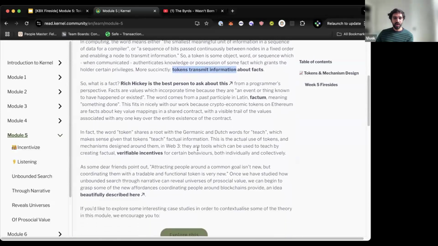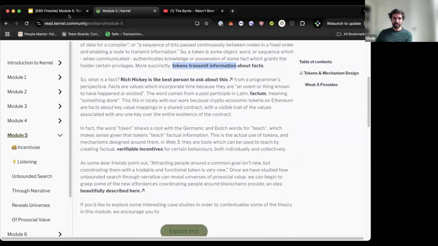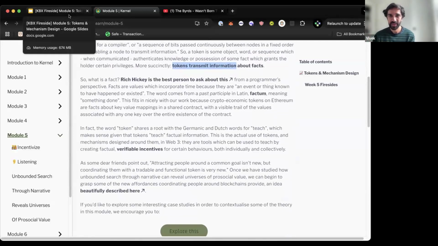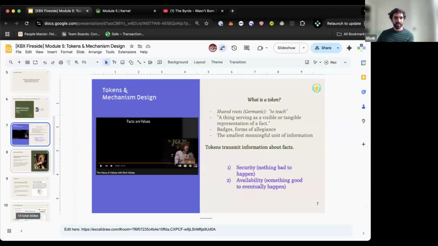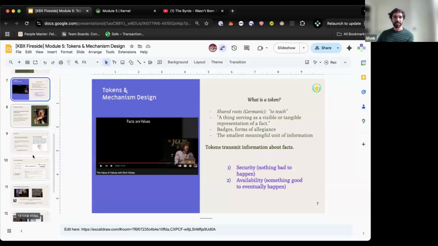The hope with starting with this is to just open our eyes to the possibilities that still remain within the field of token design and mechanism design, to suggest that we might have many more places that we can go than we've already been in the first 10 years. So I think that's what I want to do in terms of introduction.